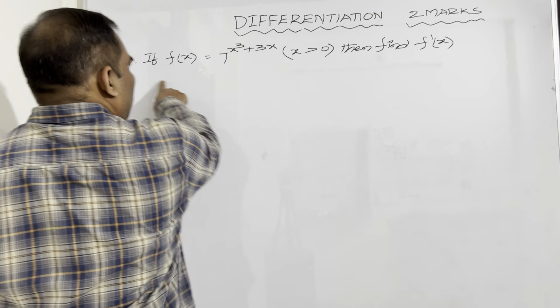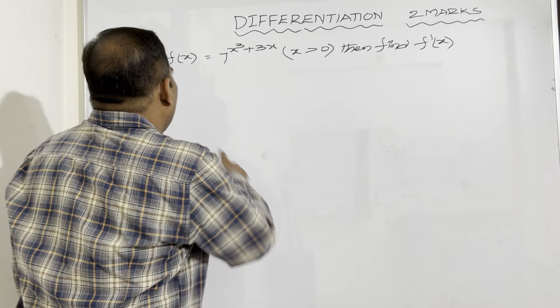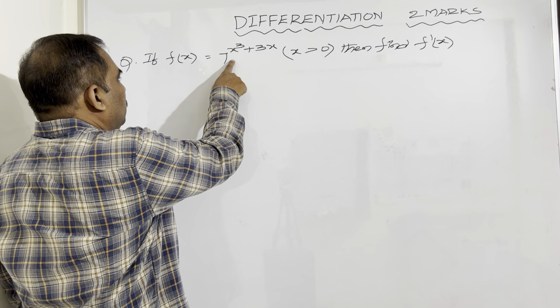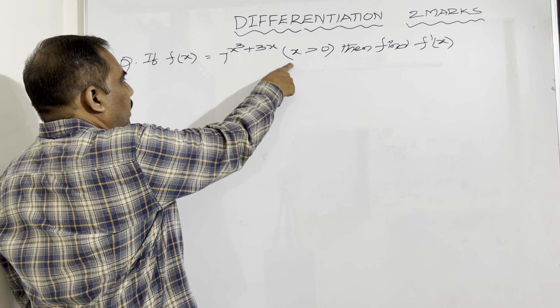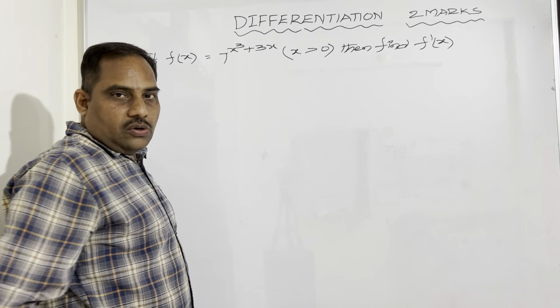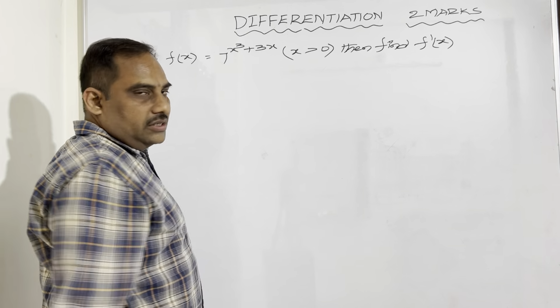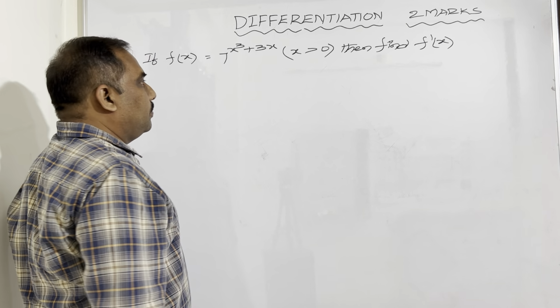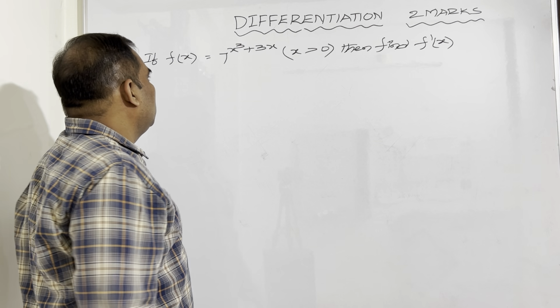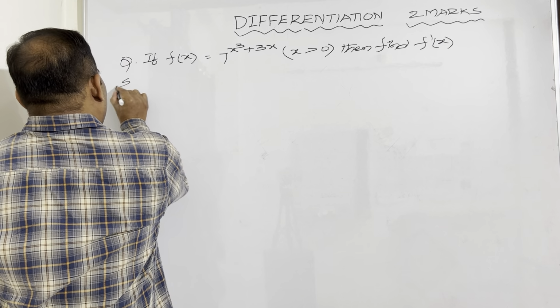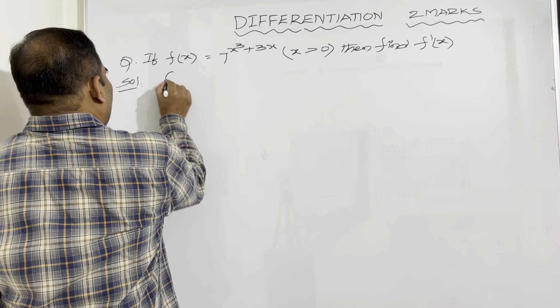So in this video we are going to discuss that if f of x is equal to 7 to the power of x cube plus 3x, here x is greater than 0, then find f dash x. So this is also a very important problem, many times repeated in the examination. So in the solution, given that